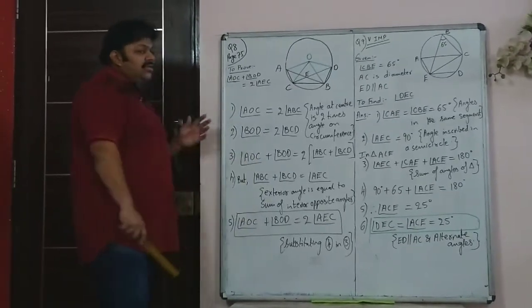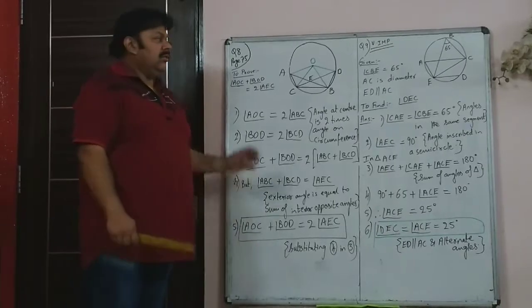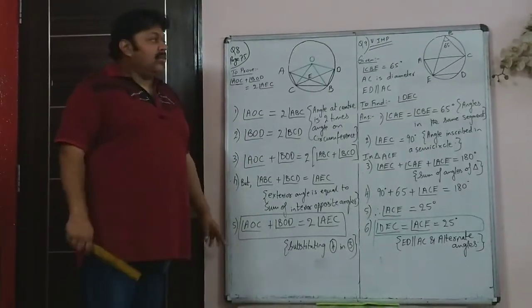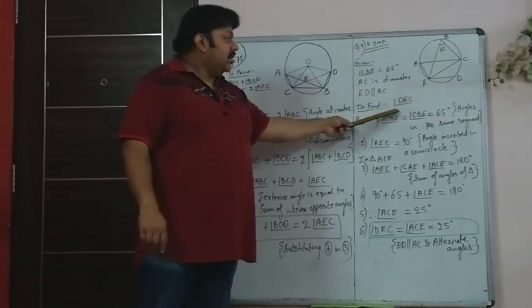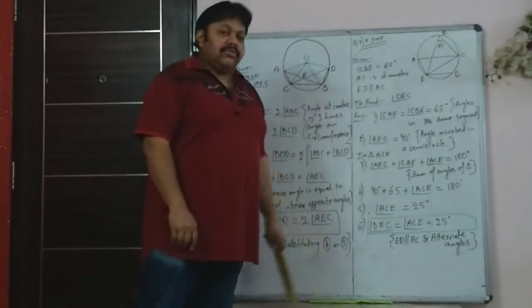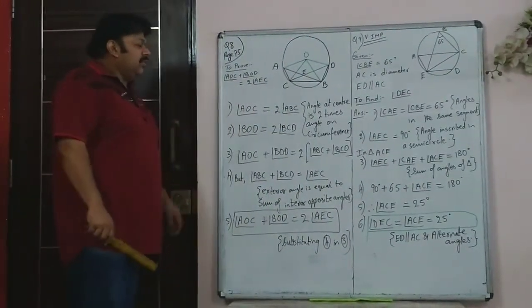In the 8th sum, it's a prove that sum. Generally nowadays in the last 4-5 years, you will find that prove that sums are mostly not asked, whereas sums in which you have to find angles, value of angles, that is more important and that is what is asked. But this is a very simple proof.